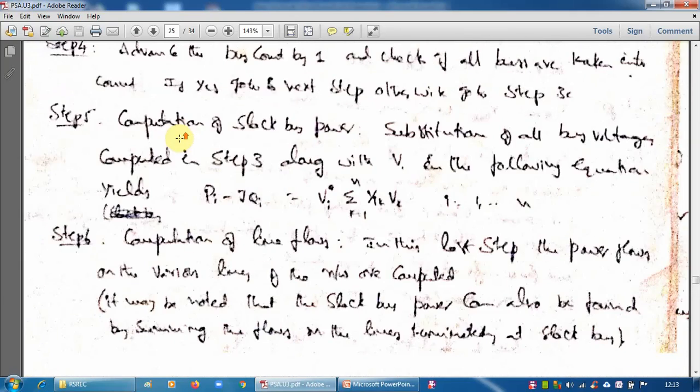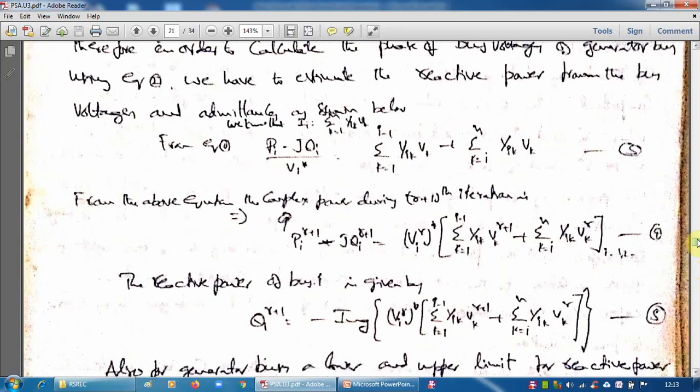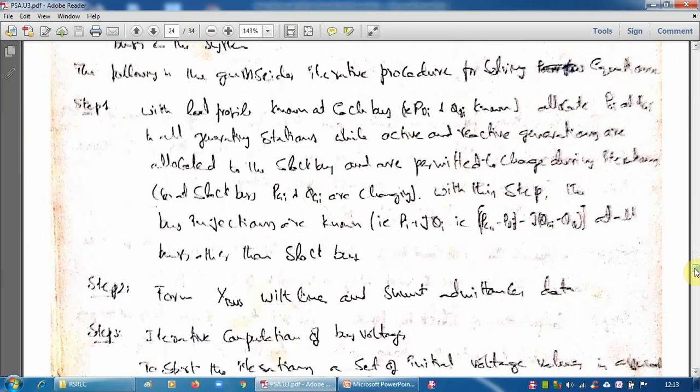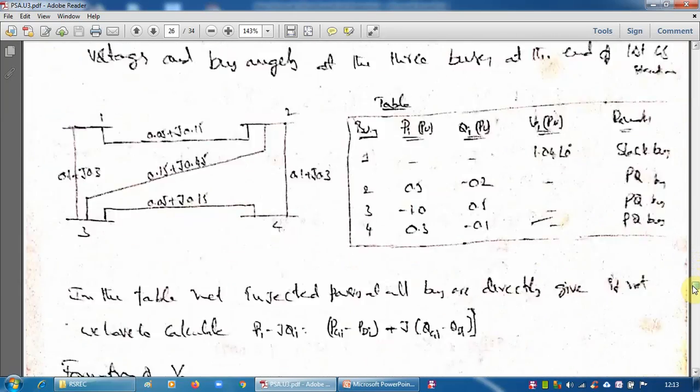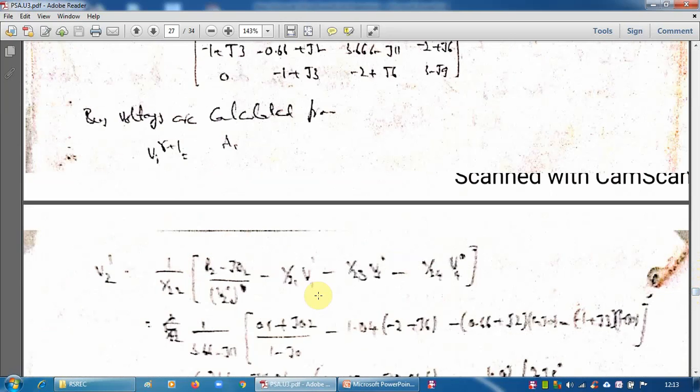What is the formula for load bus voltages? This is the formula. Load buses means voltage magnitude and angle are to be calculated. So we have to use this formula, that is used in the problem. This is the problem. Y bus is over. You see that formula is used. But I means here V2.